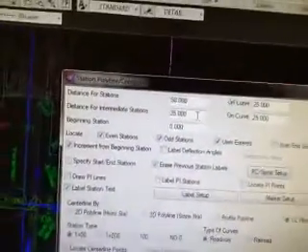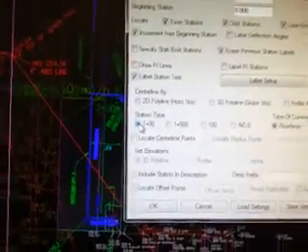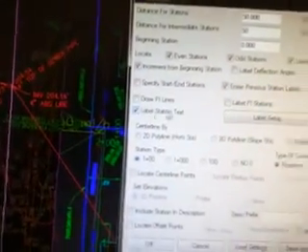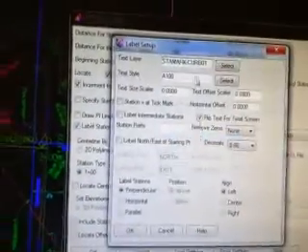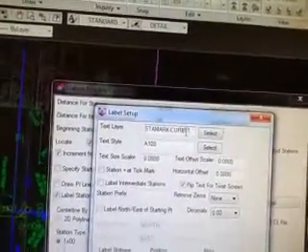We could do the intermediate stations at 25. For waterline, 50 is fine. And then this is the station type, label station text. You hit label setup. Here's a layer. We want this to be Fire 01,